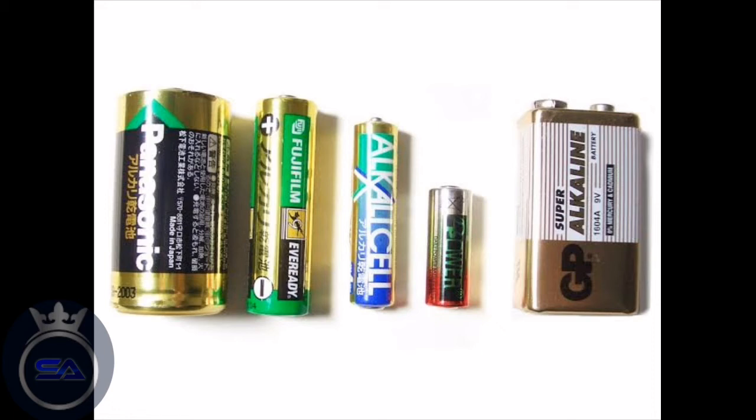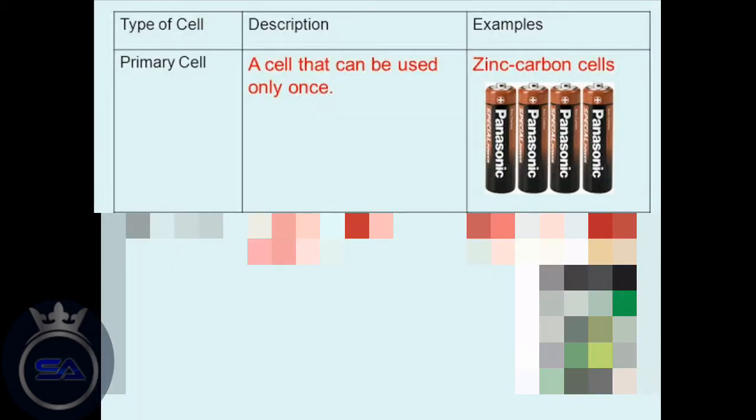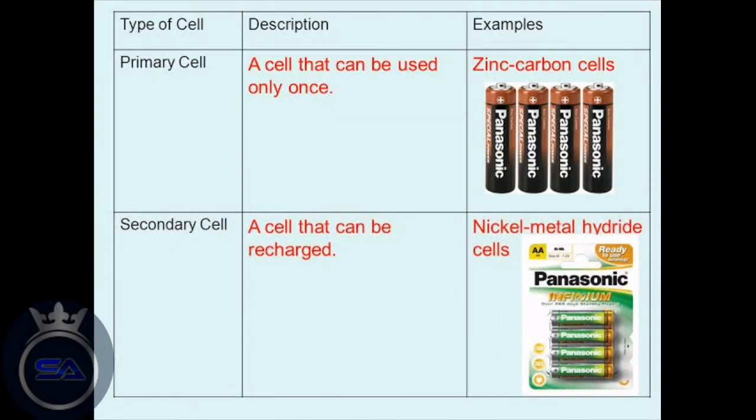Since the chemical inside dry cells is in the form of a moist base, they have the advantage of being carried and used in multiple devices without being wet or spilling. The next most important topic is secondary cells. Cells in which the chemical reaction that happens inside it can be reversed are called secondary cells. Electrical energy can be stored in the form of chemical energy in this type of cell.